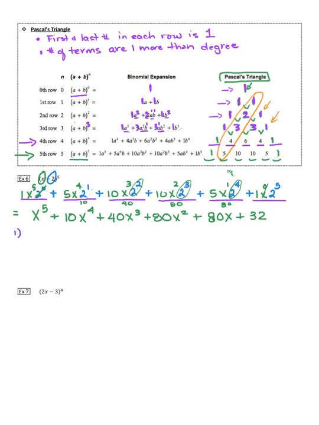So let me just recap what we did. First thing I do is I map out the number of terms. So we decided, remember, there's always going to be one more term. Since it was 5th degree, we needed 6 terms. Next thing I do is I write the coefficients from Pascal's triangle. So that was the 1, 5, 10, 10, 5, 1. Then starting with A, or the first term,